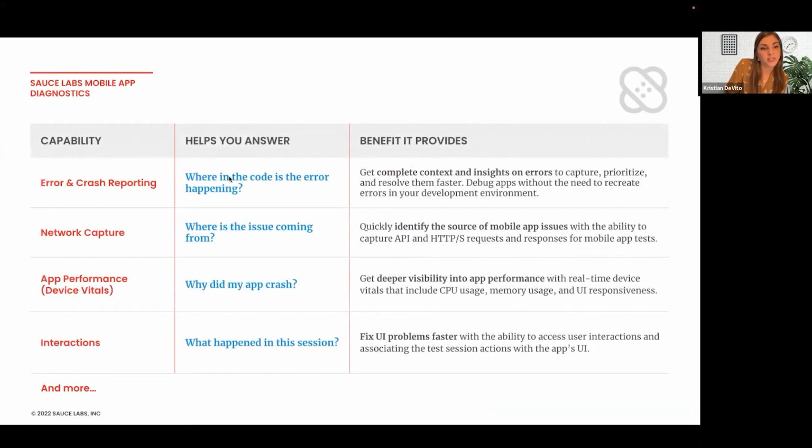And the way that we do that, here are some of the capabilities that we have within our mobile app. Diagnostics. We're going to talk through a few of these. The question we're answering here is, where in the code is this error happening? Which is really important for those errors and crashes that are making their way into production. This is helping us with the capturing and prioritizing that we are talking about, as well as getting to a